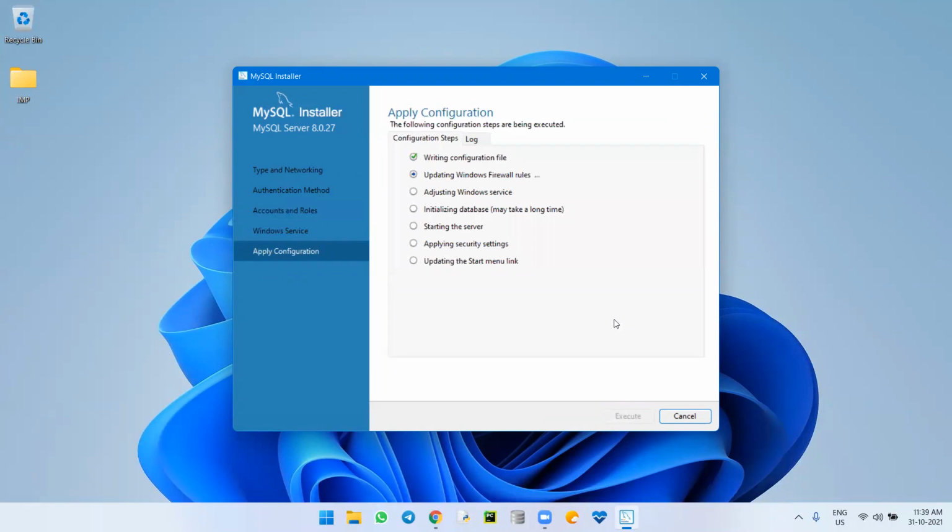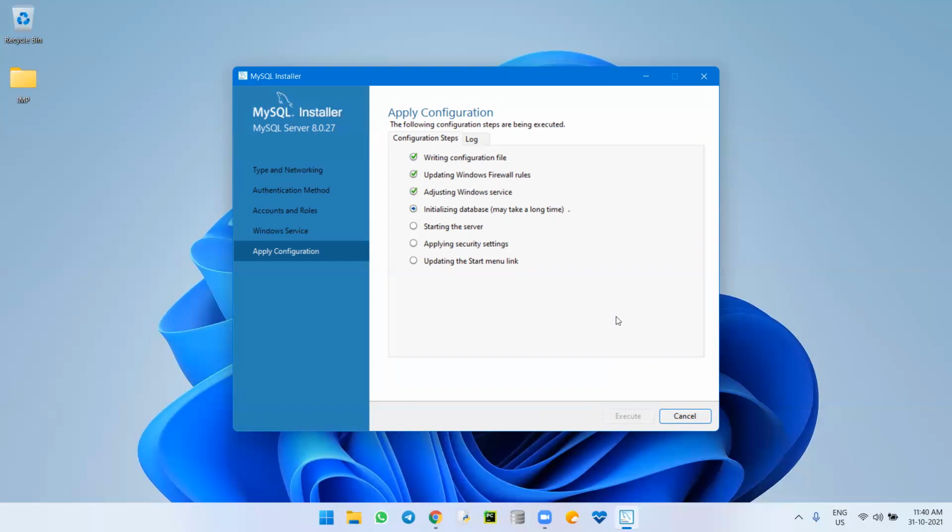It will be executed. So whatever we have configured right now, that configuration will be applied to all the things. Okay. Now you can see, it will take a little bit of time. So this is how you need to create the server workbench. So workbench is an application. It will be used to write the queries. No need of writing all the queries once again. It will automatically build the queries.